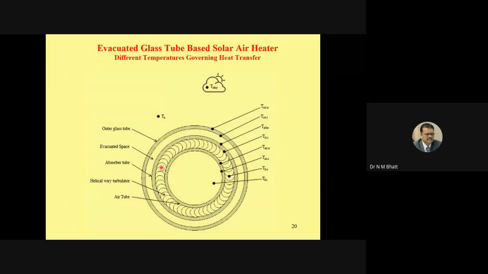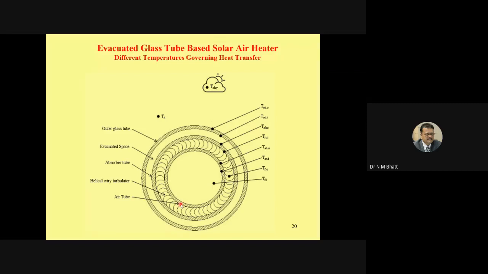Suppose you want to use this particular evaporated tube under forced convection. If you want to use it for natural convection, as it is currently used for solar water heater, you need not create a fluid conduit, because of the density difference, because of the natural convection current, there would be flow from the evaporated tube collector to the storage tank. But when you want to have a forced circulation, at that time, you need to create the fluid conduit.